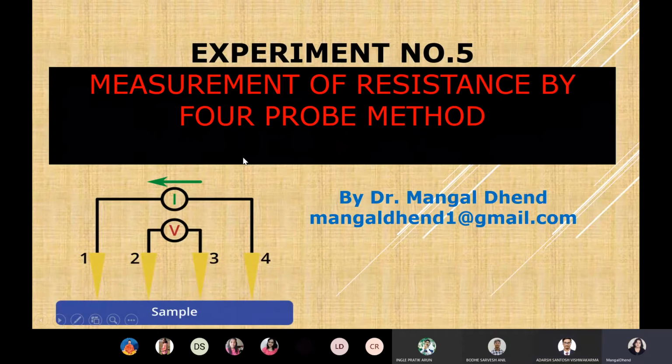So today's experiment is measurement of resistance by the 4-probe method. 4-probe method means 4 terminals will be required. So you can see 1, 2, 3, 4. And I think Sharvari has explained, and Lakshmi has also explained on the virtual lab. So 2 times you have seen measurement of resistance by the 4-probe method. For another 2 different experiments you have seen, but today we will perform it and you will also perform it yourself.